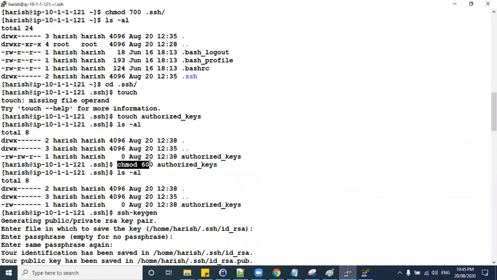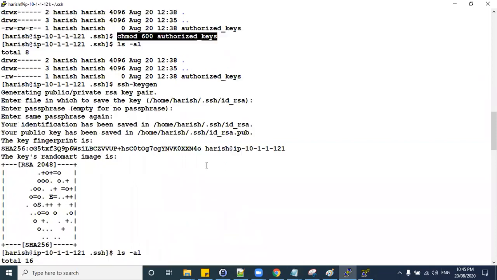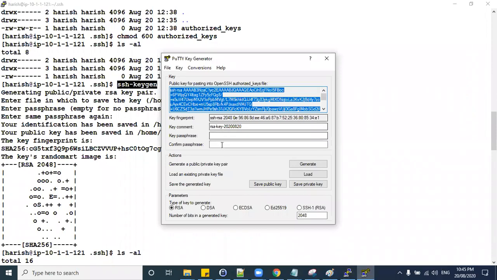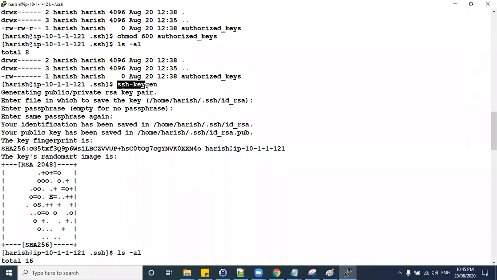After creating, we have changed the permissions for authorized_keys so only you can write. And after that, there are two ways to generate your public and private keys. One is you can use the PuTTY generator. The other is using the SSH key generator. We have used the SSH key generator method inside Linux. Even if you are using PuTTYgen, once it shows the public key, you can copy and paste it, create an id_rsa.pub file here and paste it inside authorized_keys.